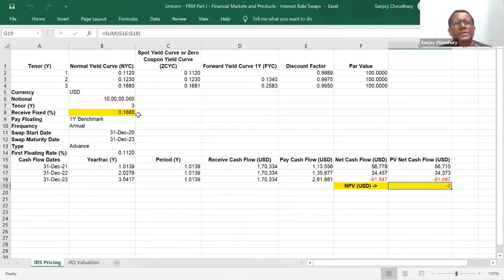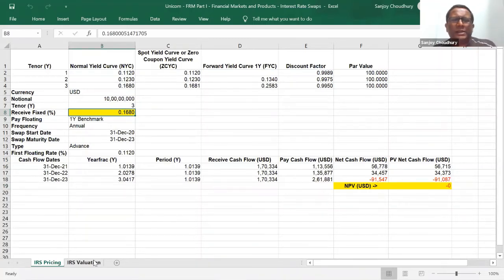As you can see here, you can solve, and the solver finds a solution of 0.1680, which in this case is nothing but my third year rate in a normal yield curve. So you can see that your calculations are correct, because you ultimately arrive at the 3-year rate of the normal yield curve, which should ideally be the case here. So using this particular rate, you get the NPV equal to 0. So this is how you price a swap, and you arrive at the fixed rate of interest. When you're pricing a swap, it means how much is the fixed rate, either you're paying or receiving. In this case, receiving.